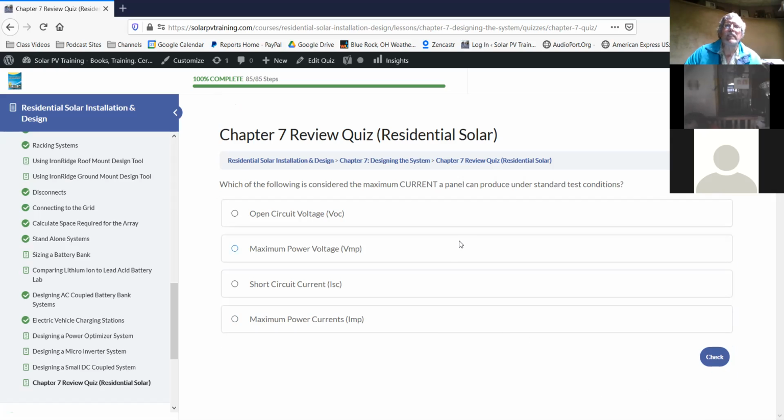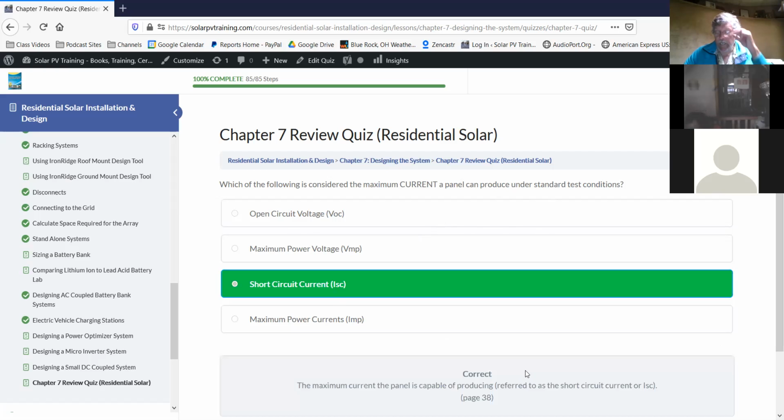Which of the following is considered the maximum current a panel can produce under standard test conditions? And that's going to be the ISC, the amps short circuit. That's the maximum current. And the reason we use this number, it's a theoretical number, because, well, let me go ahead and draw a picture here. You remember with the IV curve